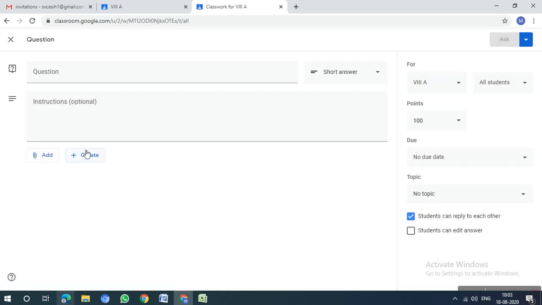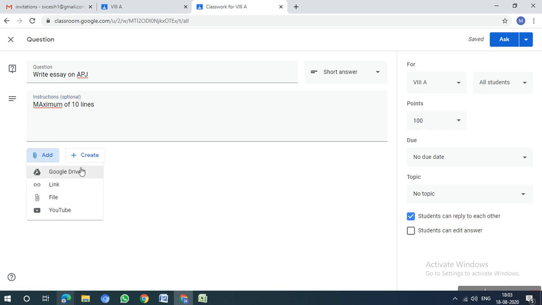Whatever question we want to give, for example, write an essay on APJ Abdul Kalam. If you want to give any instructions, you can give instructions of a maximum of 10 lines. If we want to add any images, we can also add an image link or a YouTube link for reference.